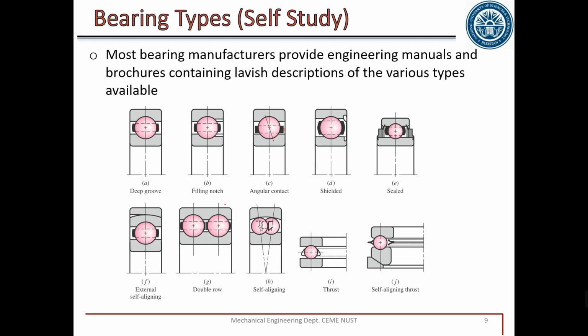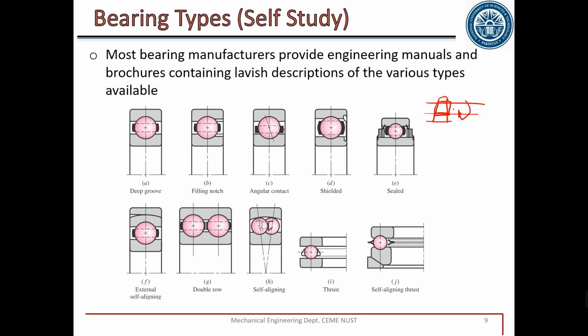Here we have a double row bearing, which provides extra strength. We have self-aligning bearings if there is misalignment between the rotating shaft, outer and inner, or support. The outer ring can be the support, because if we have a shaft and we have to hold the shaft, let's say to the ground, on the ground we have a support, and on the support we fix a bearing. The inner cylinder is rotating with the shaft, and the outer ring is supported by this stationary element. So the outer ring is stationary and the inner ring is rotating.